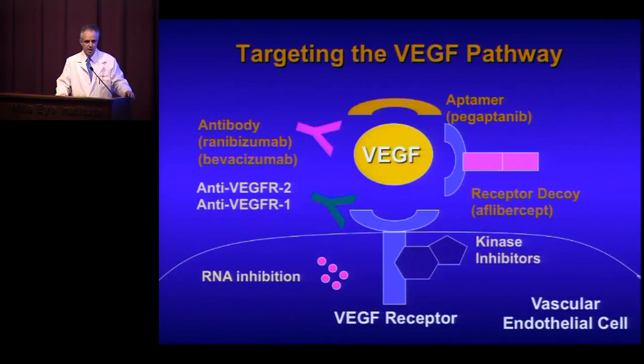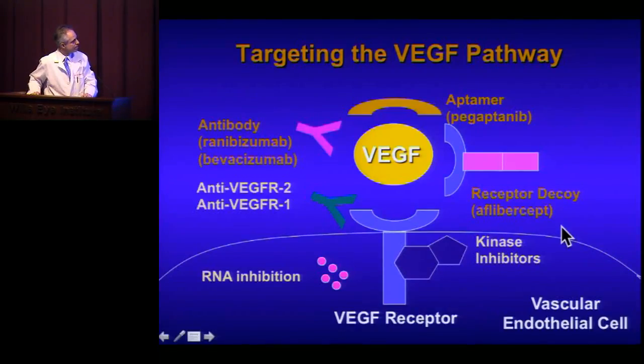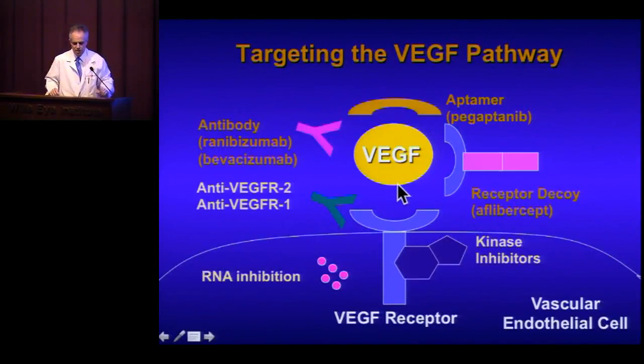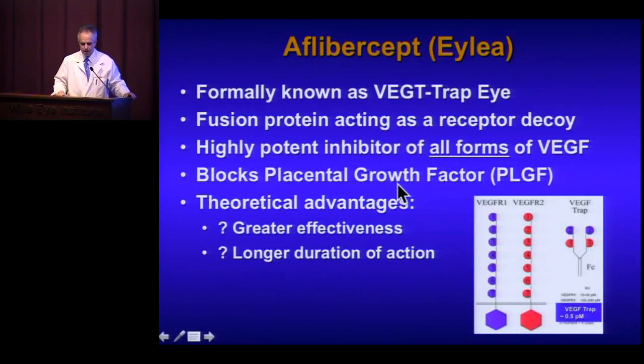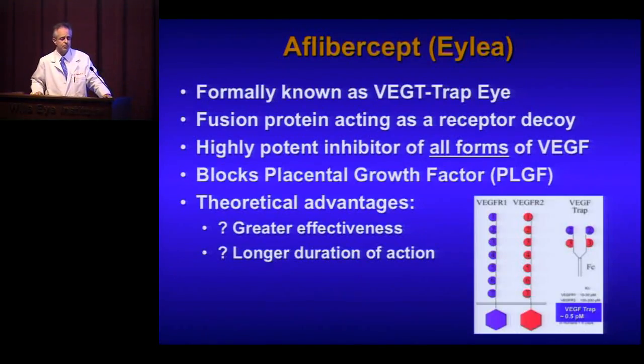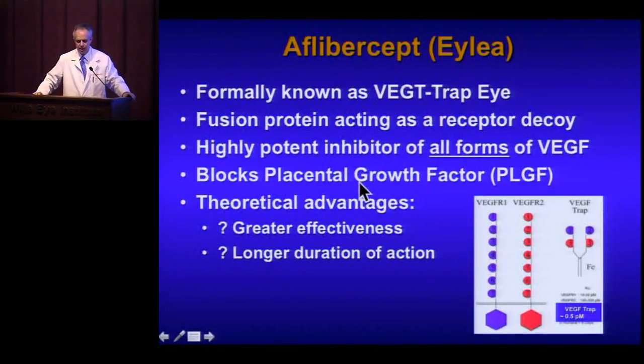And then now, within the past year, we have a third anti-VEGF agent that we're using, and that's aflibercept, which is a fusion protein, otherwise called a receptor decoy, which essentially is doing the same thing. It's binding and neutralizing extracellular or freely diffusible VEGF. So aflibercept is the former name VEGF Trap. It is also a potent binder of all the isoforms of VEGF. In addition, it blocks placental growth factor. Whether that's important or not, we don't know, but that might also be playing a role in the pathogenesis of